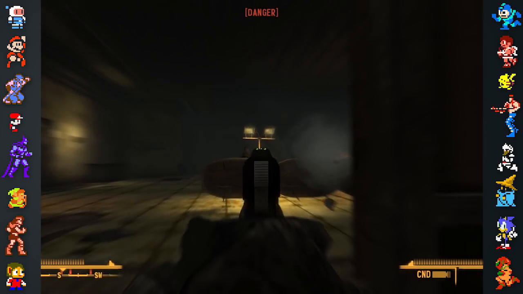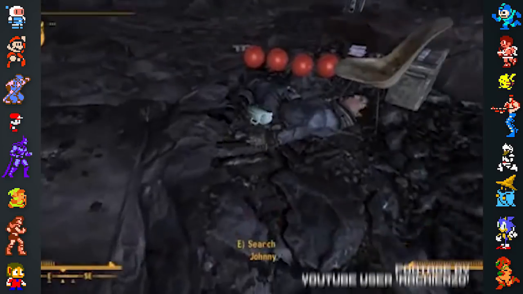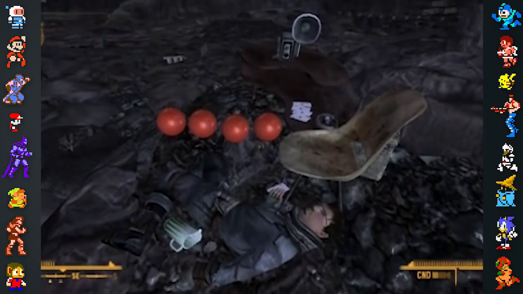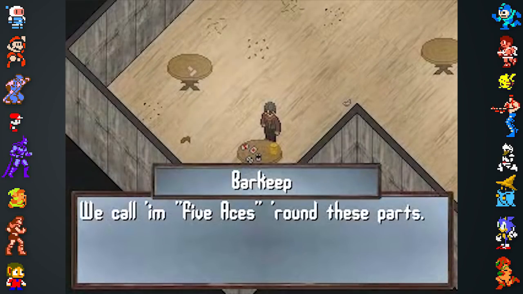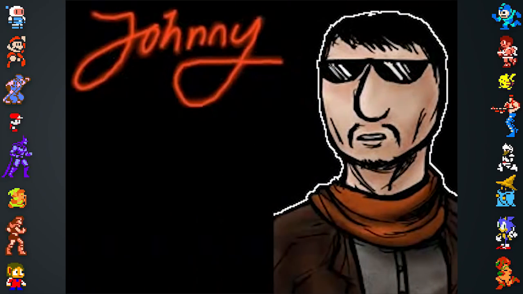The player can encounter several pop culture references if they take the Wild Wasteland trait in New Vegas. One of the more interesting is the body of a man named Johnny next to a table with 5 ace cards on it. This is a nod to the Zyborn clock, a cancelled video game project by members of the Something Awful forums. The game's convoluted storyline and main character Johnny 5 Aces gained notoriety and became a popular in-joke